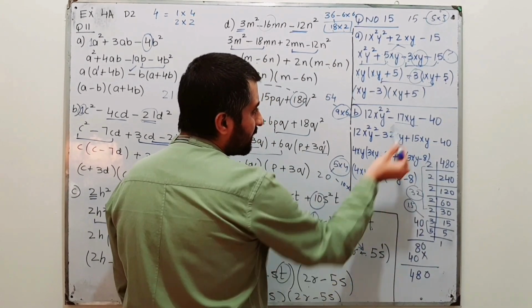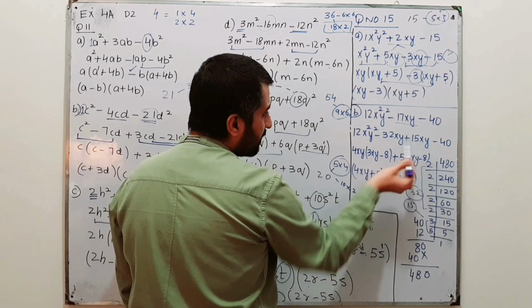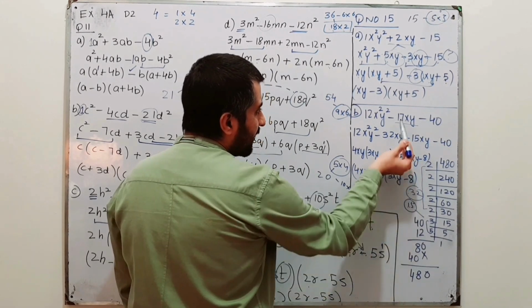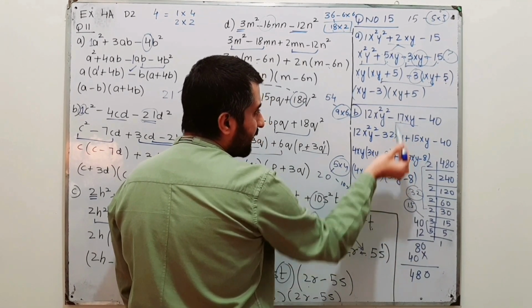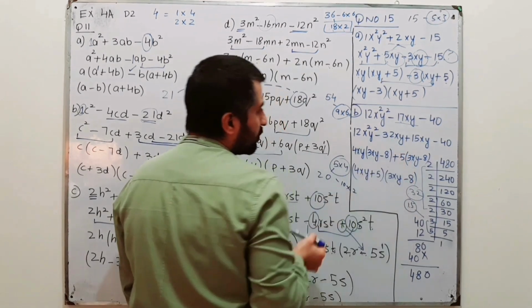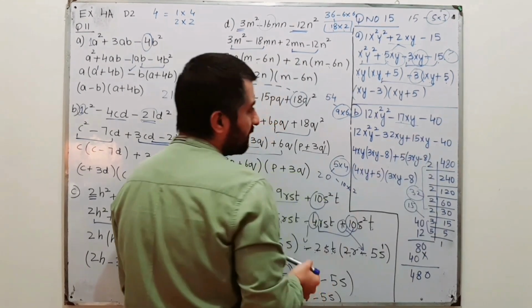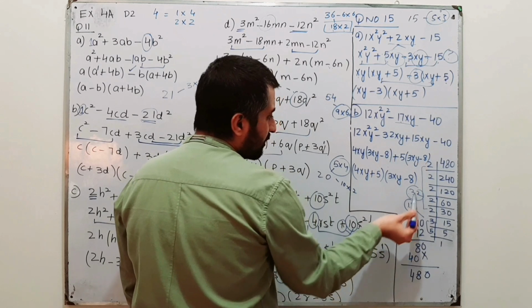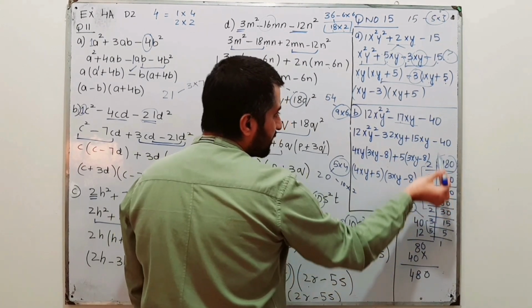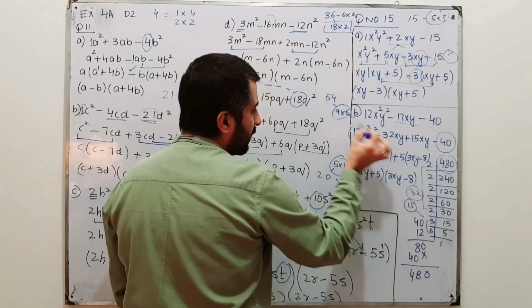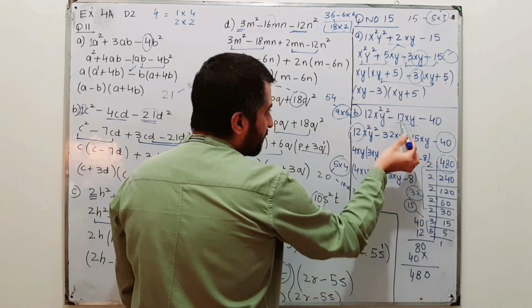However, minus 17 is over here, so 32 will be minus and 15 will be plus. The reason is that I have to get the sign of the middle term, which is negative. So I will put minus with 32, the bigger number, so that my answer is minus 17. Minus 32 plus 15. 32 and 15 are factors of 480, which is the result of multiplication of 40 and 12. So 15 minus 32 is minus 17.